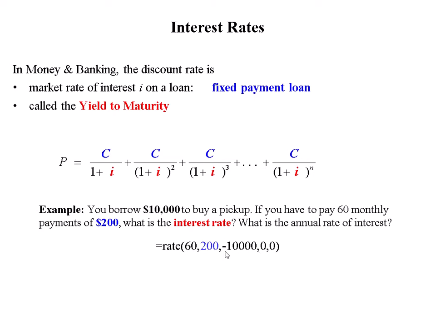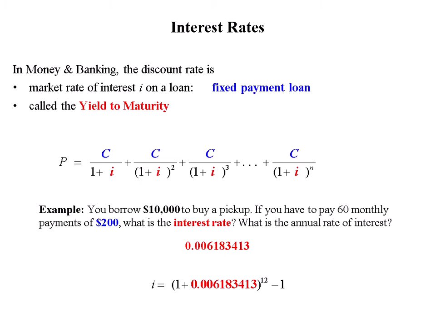To a bank, giving a person a $10,000 principal on the loan is a payment to someone. In exchange, the bank gets these inflows of $200 a month. So the $200 a month to the bank is an asset. It's getting these payments each month. But in order to do that, it had to give this person a $10,000 payment. So that's why that's negative. And then again, there's no balloon payment, so that is 0. And we end up getting